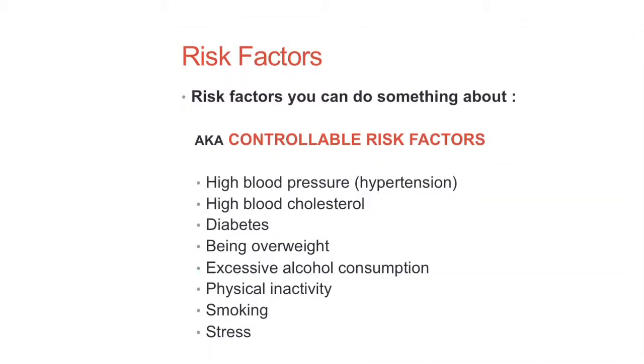So risk factors, there's two types of risk factors. Ones are controllable, things you can do something about. And then there's ones that you cannot do anything about. Controllable risk factors include high blood pressure, high cholesterol, diabetes, being overweight, excessive alcohol consumption, physical inactivity, smoking, and stress. So you can see that all of those really do relate to lifestyle. So choices that we make